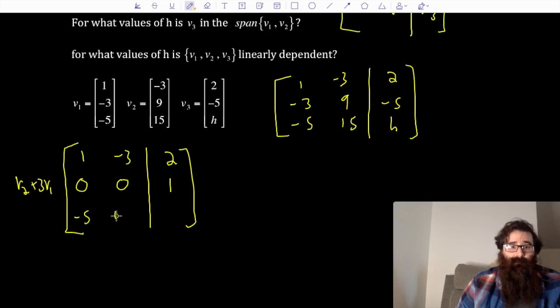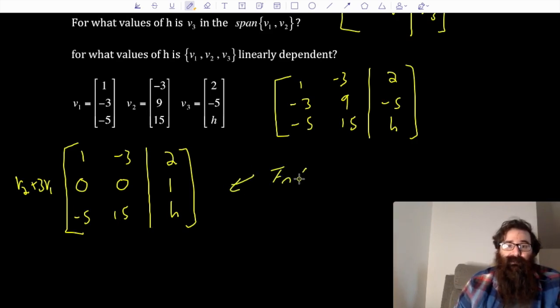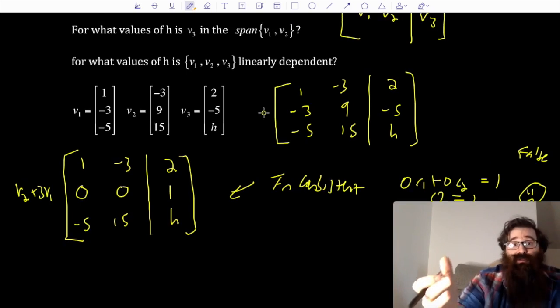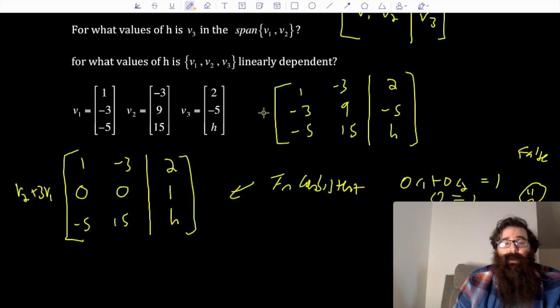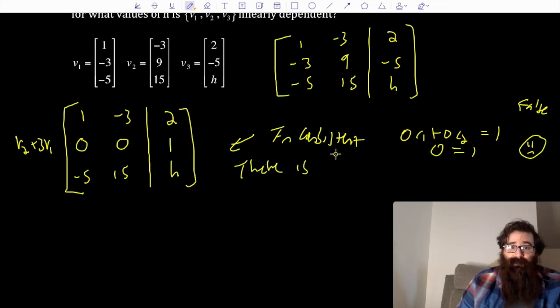And I can rewrite row 3. But I want you to notice something about this right away. The second row that we have gives me something that's inconsistent. That row is saying, 0 c1 plus 0 c2 equals 1, or is really saying 0 equals 1, which makes me feel like this. Not true. It's a false statement. So what this is telling me, it's answering the question for me. I was trying to find a value for h that allows this third vector to be in the span of vectors v1 and v2. Right away setting that up, I get something that's inconsistent. There's no solution, which means, and I need to interpret this as, there is no value for h that will allow this to happen. So we'll say there is no value for h